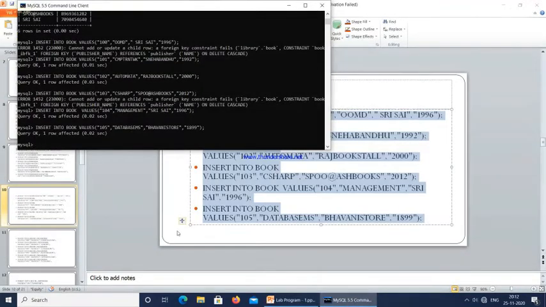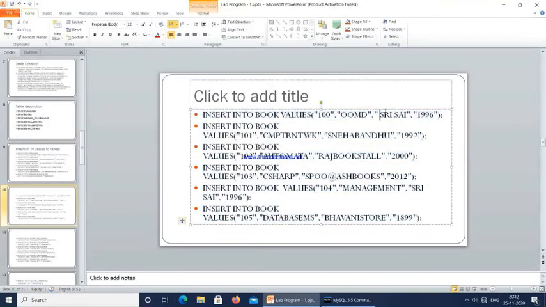Okay, so let us insert the data into the publisher. Sri Sai is there already. What is it telling? Cannot add or update a child row, a foreign key constraint fails, library, book constraint, book references publisher name on delete cascade, insert into book values. Okay, there is a white space here.